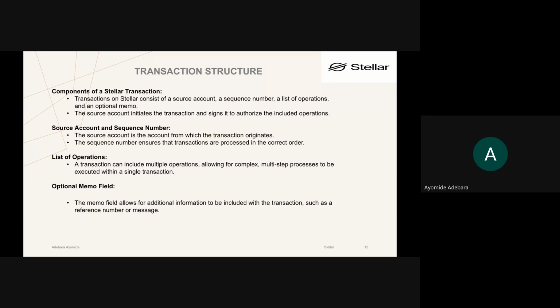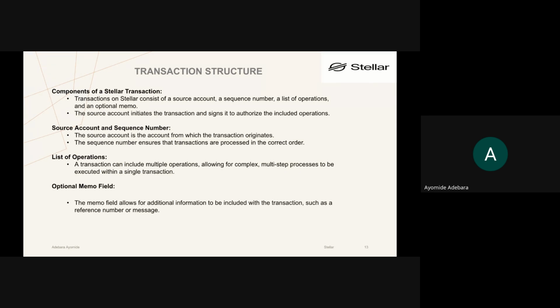So whoever is trying to interact with a smart contract, an account has to sign the transaction and initiate the invocation or the interaction that the smart contract and the account is trying to do. So it basically has to have a source. So that means that when you are deploying your smart contract, you need to create an account to initialize that transaction. So every transaction on the blockchain has to go through an account.